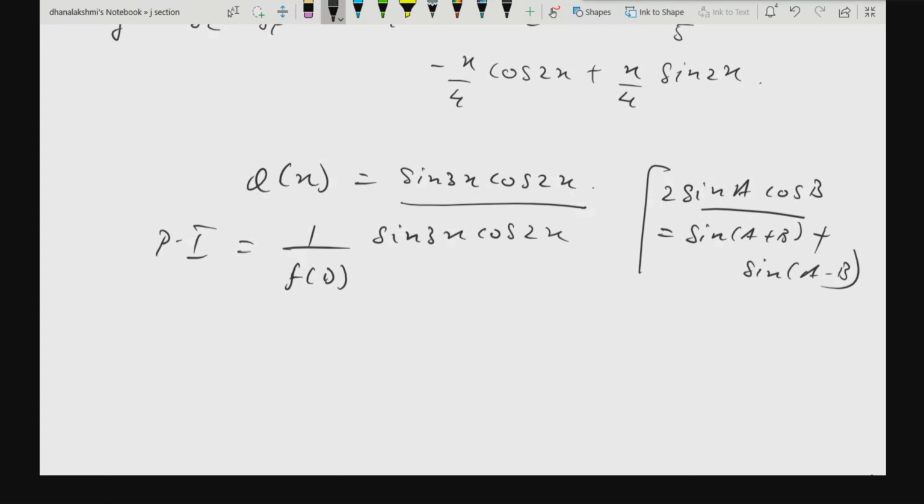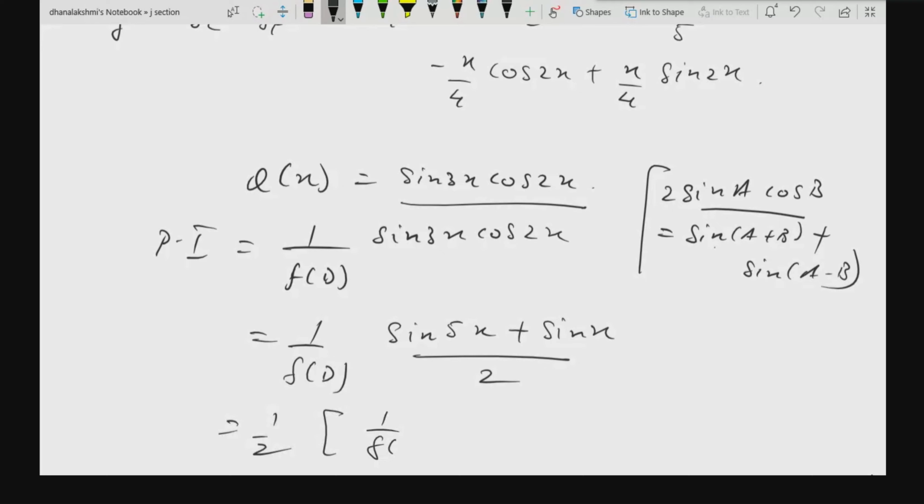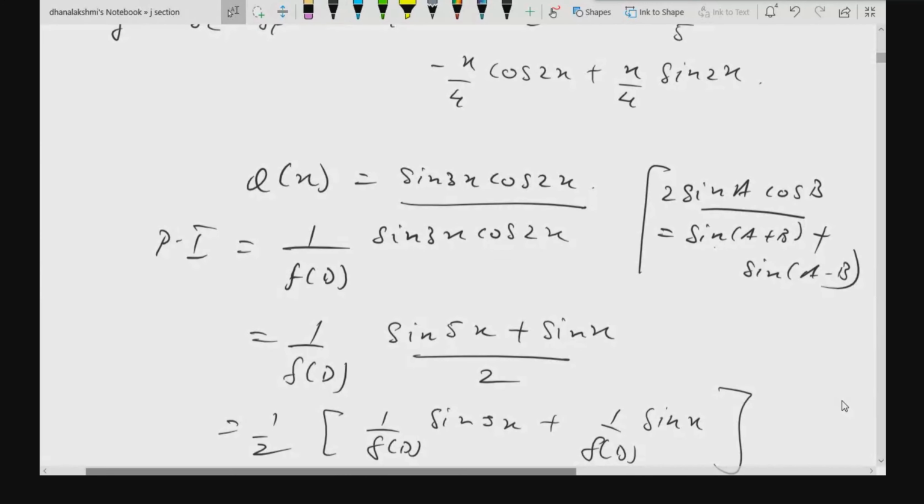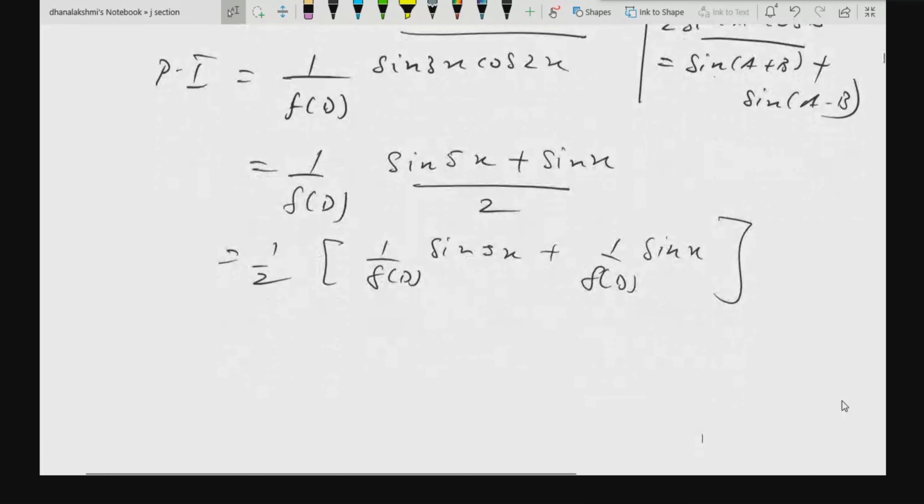So you will have sin 3x cos 2x. That can be written as sin 3x plus... so this will be 1 by 2, because the 2 is missing, so in the denominator you will get 2, and this will be now sine, addition of this will be 5x, subtraction of this will be x. So 1 by 2 is a constant, you leave it, and now you have 1 by f of d on sine 5x plus 1 by f of d on sine x. Now you have your constant values, that is 5 and 1, and the denominator in terms of d square, replace it with minus b square and simplify this one.